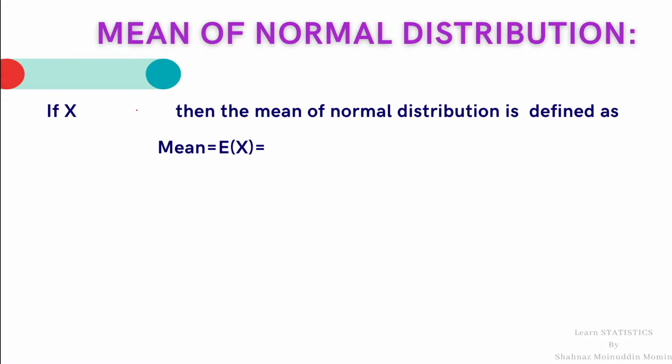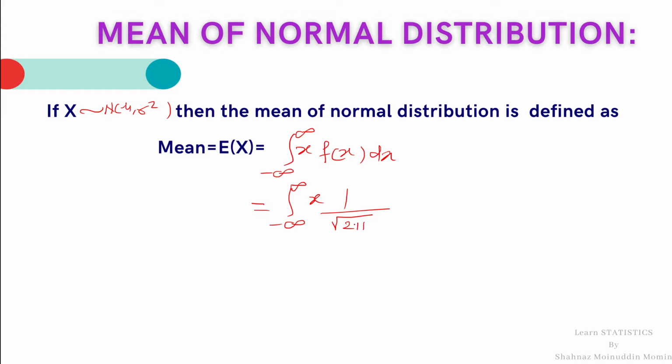If x is normal with parameters mu and sigma square, then the mean of normal distribution is defined as mean equal to expectation of x, equal to integration from minus infinity to infinity of x into f(x) dx. Since the range of random variable x is from minus infinity to infinity, it is integration minus infinity to infinity x into 1 upon root 2 pi sigma, e raised to minus 1 upon 2 sigma square (x minus